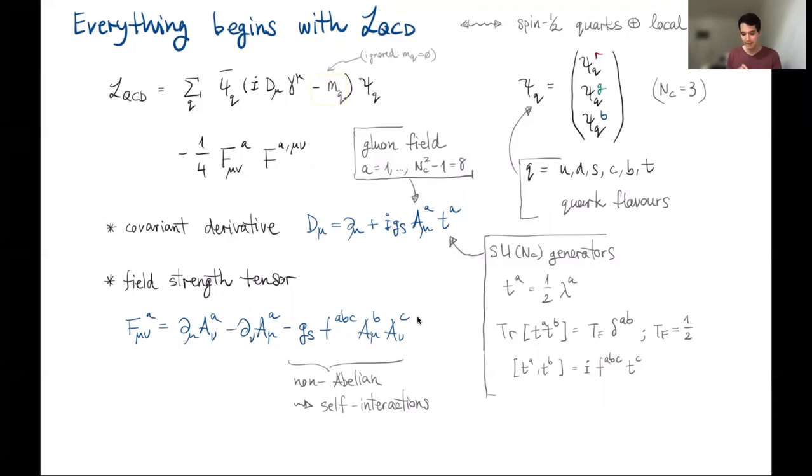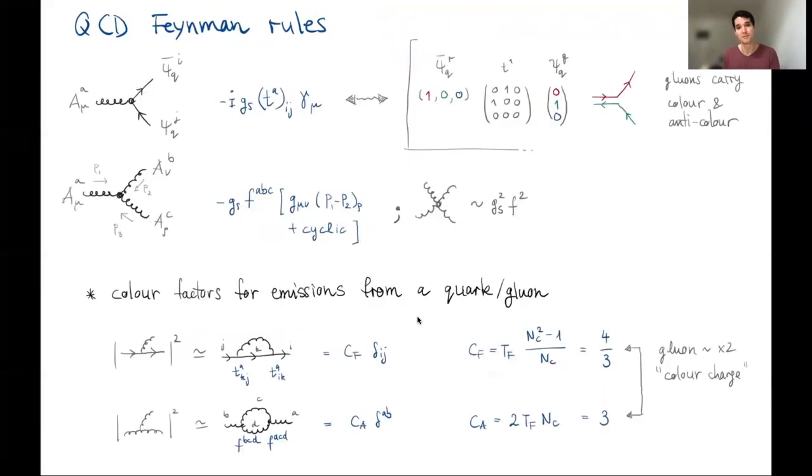Okay, and I should have said that the quarks come in 3 colors. I labeled them red, green, blue here. So think of them as a vector. From this Lagrangian, I can immediately derive Feynman rules. Here are a couple of them summarized. First, we have the gluon q q-bar vertex,